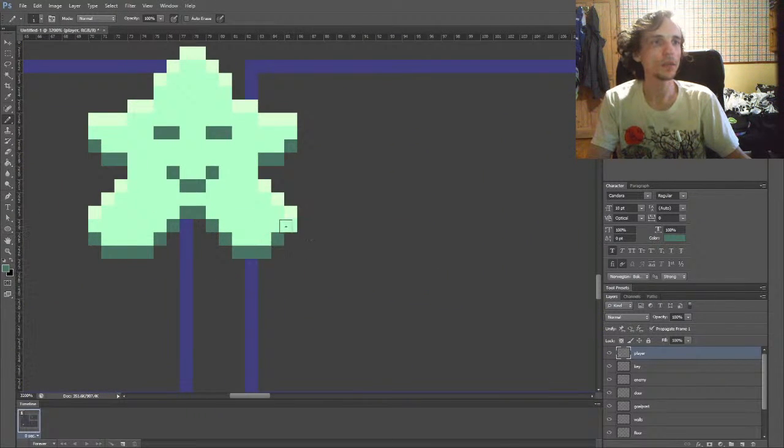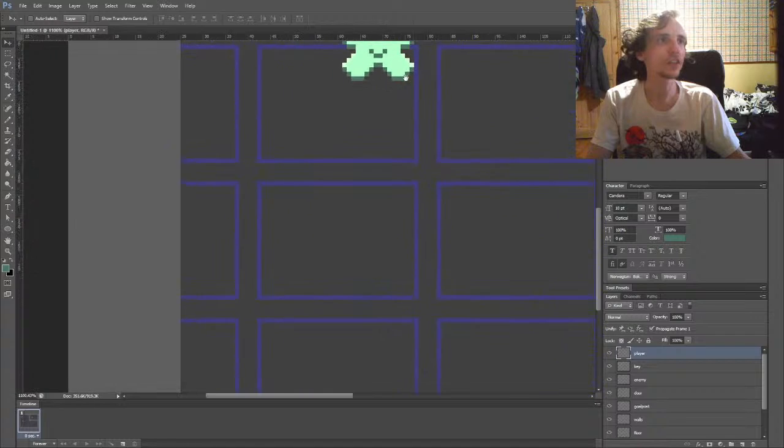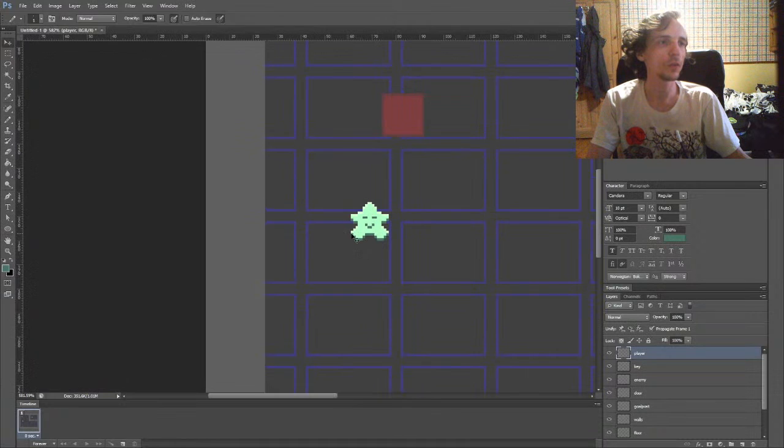Just a tiny bit of more adjusting. I press the E button to go to the eraser, and the eraser is also set to pencil mode, 1 pixel big. That's good. I would say that's good for our first character, the starfish, which is going to be